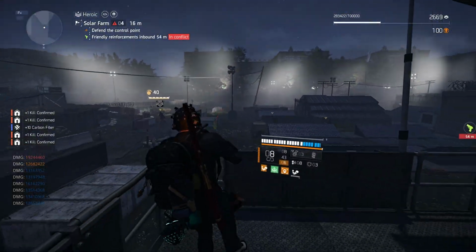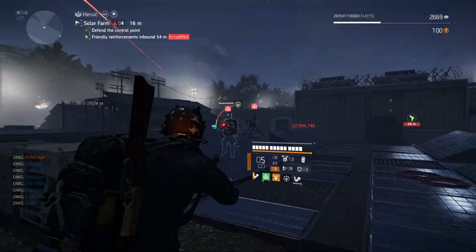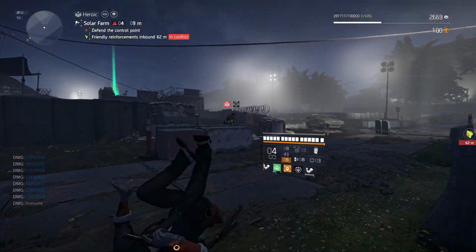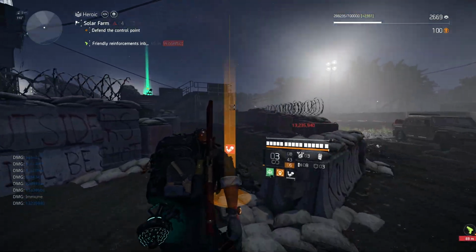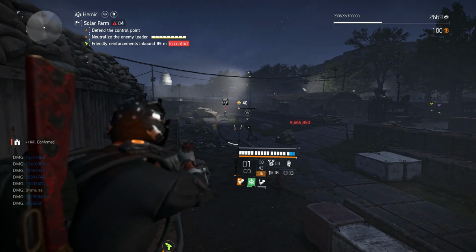So I think it's about time, right? We're almost done with this control point and you guys want to see how I have this build set up. So let's finish this off. I think we have about 2 more enemies. We have the last wave with the enemy leader, and you're going to be able to see I lose my stack